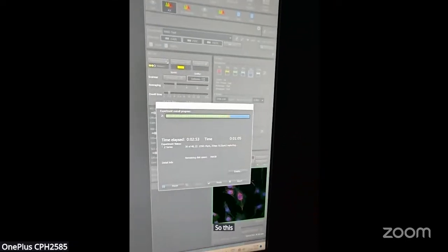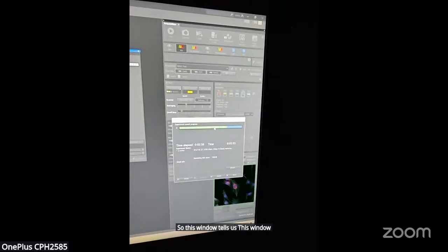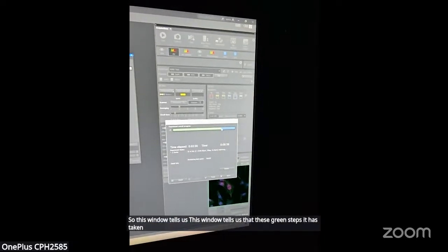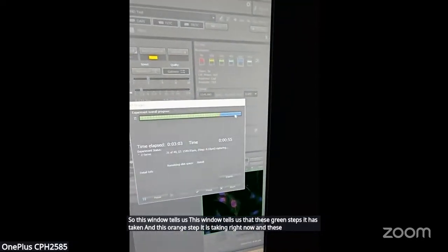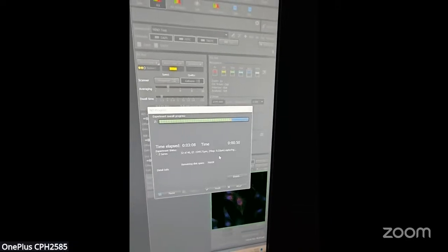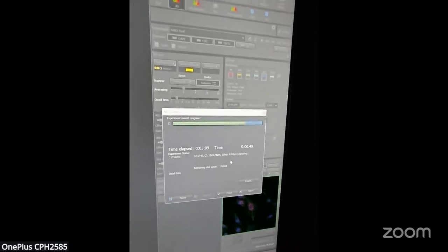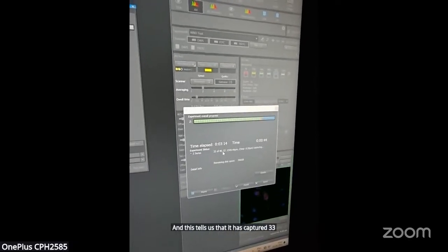This window tells us that these green steps it has taken, and this orange step it is taking right now, and these many steps remain to be captured. This tells us that it has captured 33 steps out of 40.